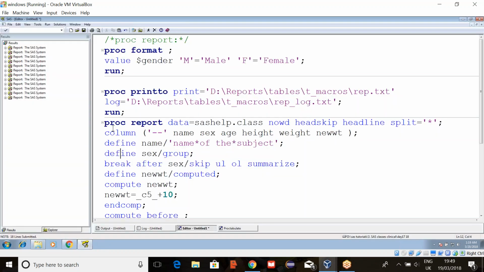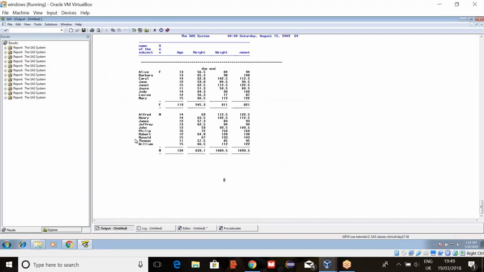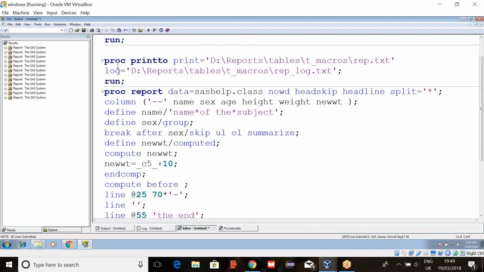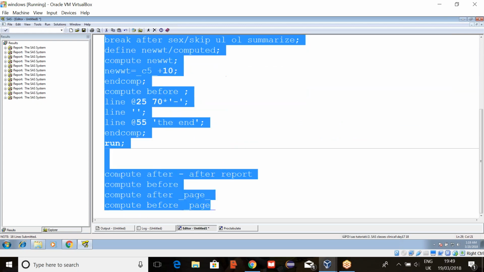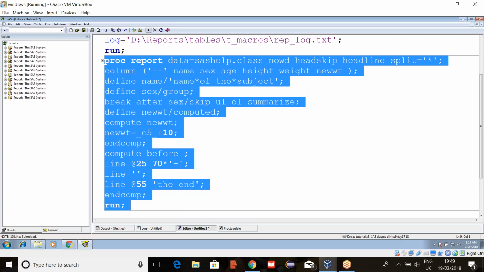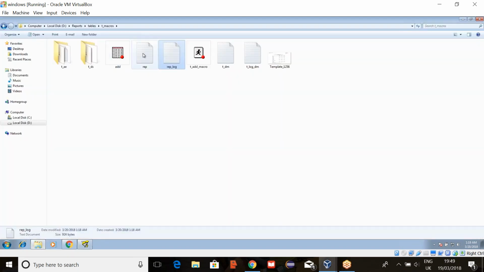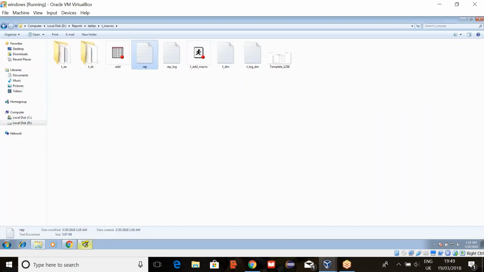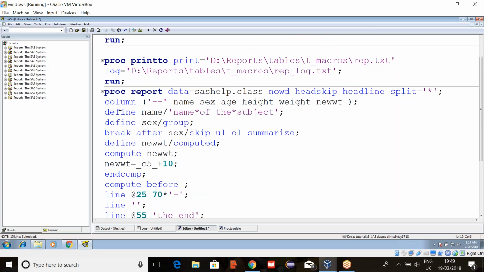So in real time, first we'll generate an output however we want, because we are not sure about all these numbers and positions. First we'll generate this one and then we'll run proc printto. In case you run one more time, it will save one more time. So now I executed it totally 2 times, so here you will have 2 reports. That's why in real time we will not save until we get the final output.